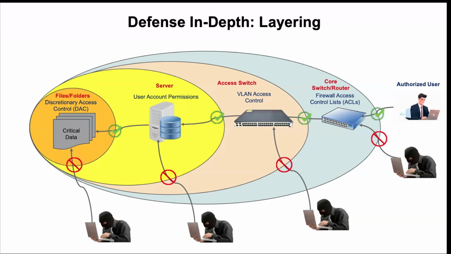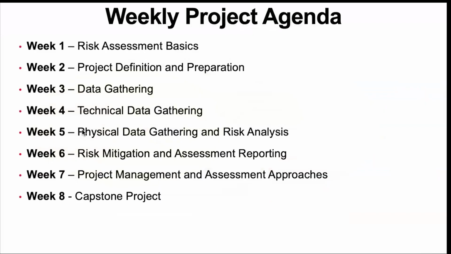But even still, something as simple as this model, when I go into a new organization or a new network, that's how I start. I don't start at layer one and work right to left. I start at the information and work left to right, because many times we don't understand what we're trying to protect. Okay, so when we look at this class, we're kind of looking at a weekly flow.